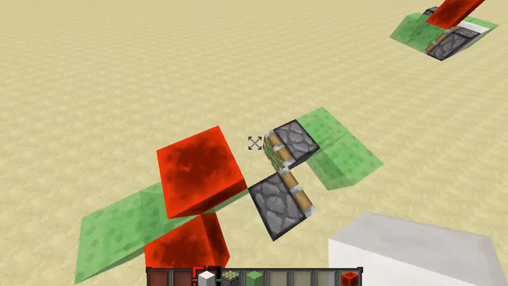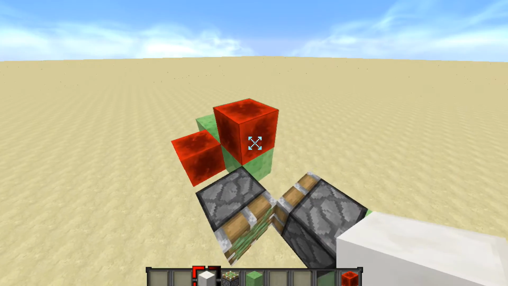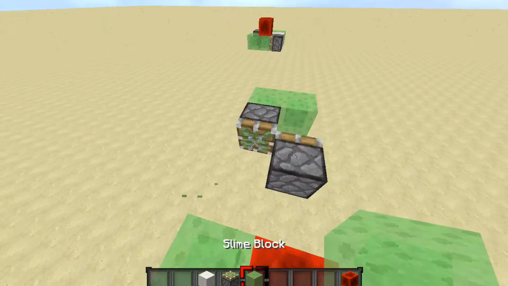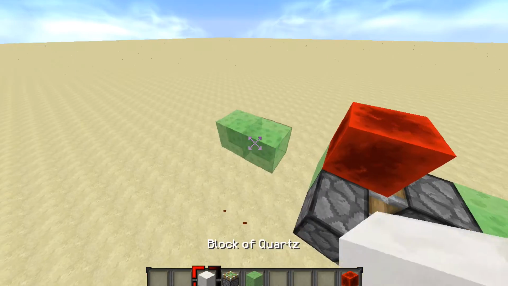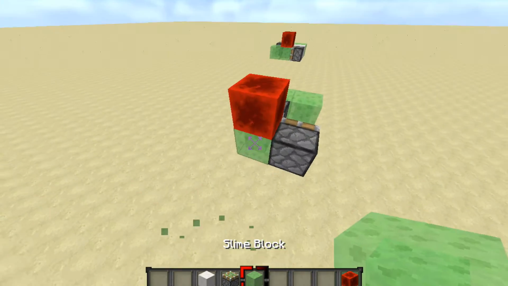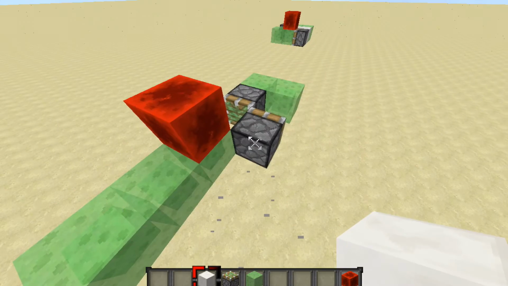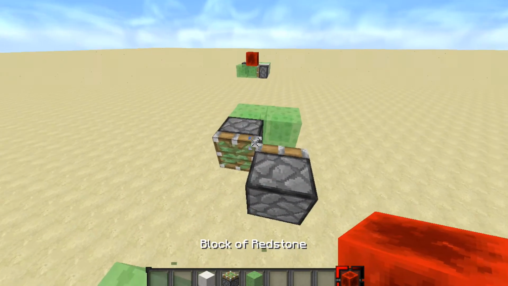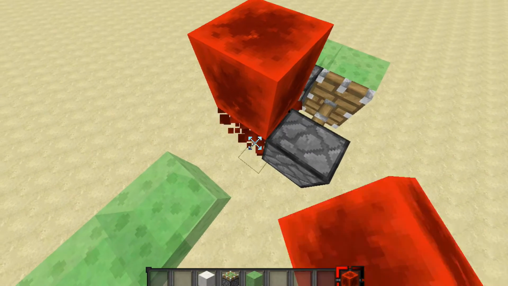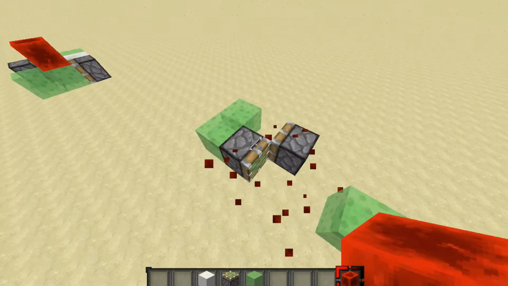But the thing is that we need to make it so that this reacts after all of this has moved forward. But the thing is that because we're putting this redstone block here, that's powering that. It's powering this piston right here. It should be at least. Oh, and that updates. Okay. So guess what we need to do is make sure that,